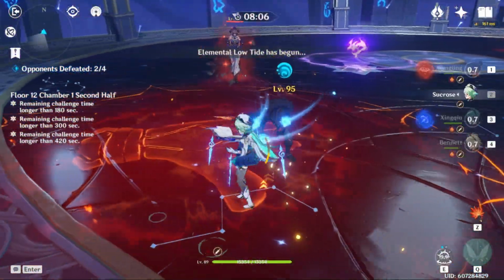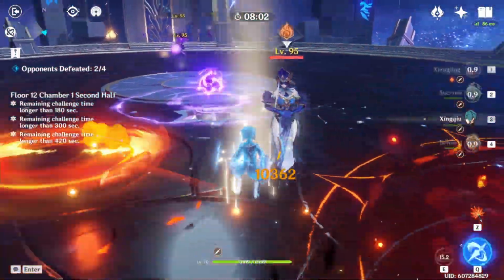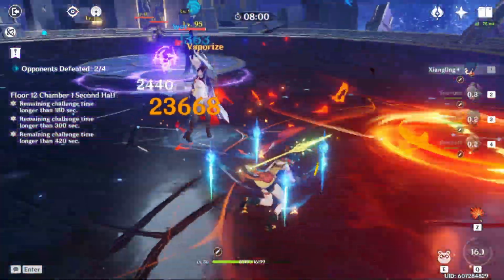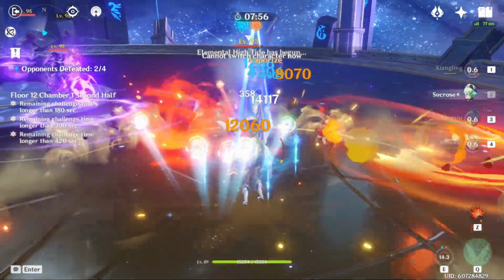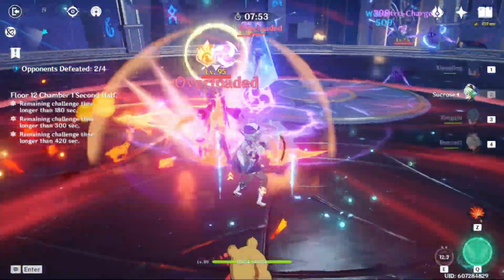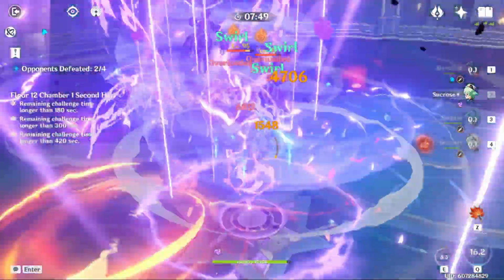After dealing with them, you'll have the second wave, consisting of a Mirror Maiden and an Electro Fatui Mage. You'll want to target the Mirror Maiden first, since she is much more bulky than the Mage, boasting at least 2 times more HP. The Mirror Maiden can be staggered initially, but after she launches her first attack, cannot be